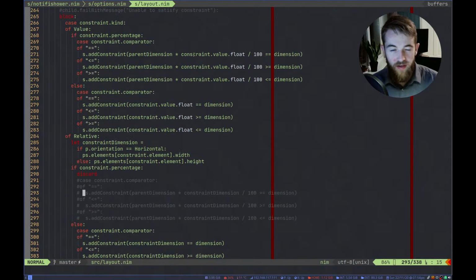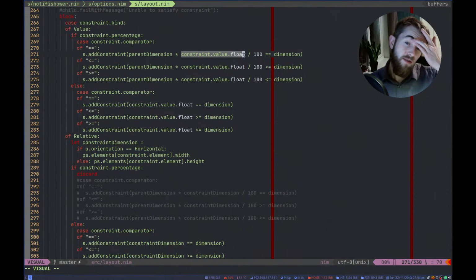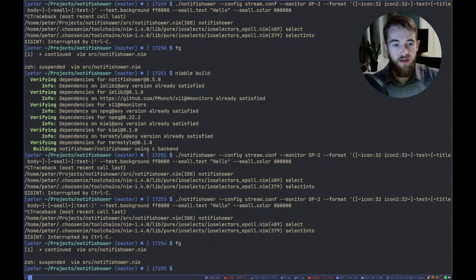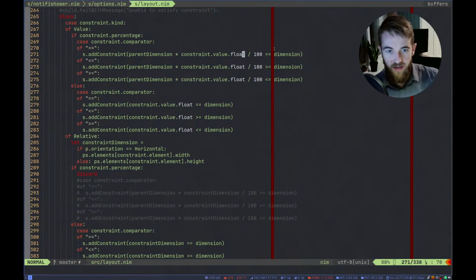So here it takes the literal value that we pass in, like the number 32. Or in this case, it's a percentage, so it's some number divided by 100. So this is still just a number.